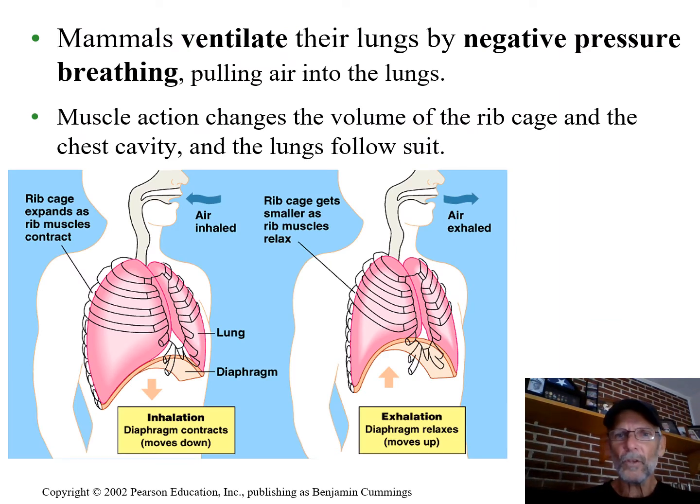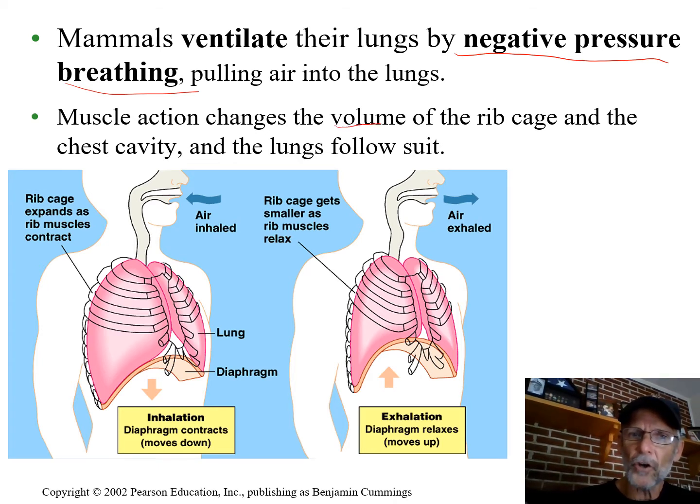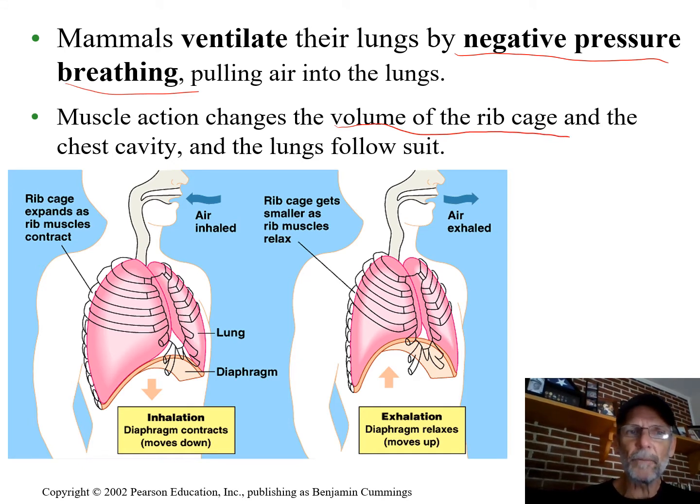Okay, so here's how things like us ventilate their lungs, get air in and out. It's referred to as negative pressure breathing because we got physics involved now. Muscle action is going to cause the volume of the rib cage and the chest cavity